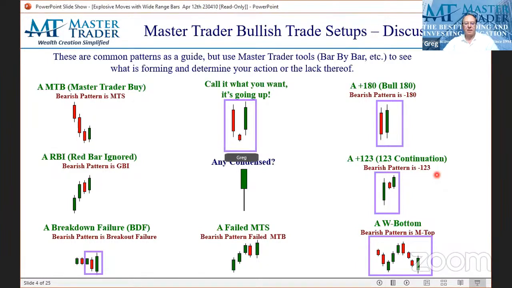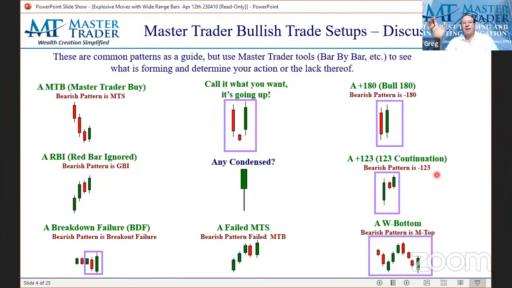When you say prerequisite, the wide range bar is defined as being necessary. Any of these that I've circled could or could not have it, but if they did, it's an additional bonus to that particular reversal. So when we look at a bullish 180 reversal, it's not a prerequisite that it's a wide range bar, but when we go through the bullish 180 scan, we can add that to the scan, meaning I would put it in a column